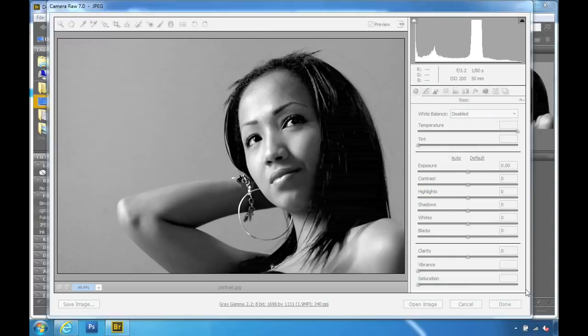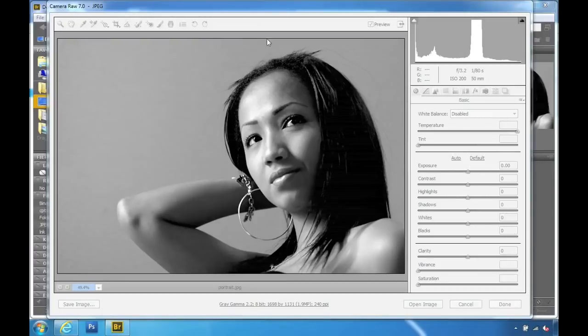It allows you to also adjust colors of JPEGs and TIFFs and images with more precision than some of Photoshop's built-in functions. So what I want to do is just quickly review what they've done here in ACR 7. We're going to have a completely separate title for Camera Raw once Adobe releases Photoshop CS6. So what I'd like to do, like I said, is just show you some of the improvements that have been